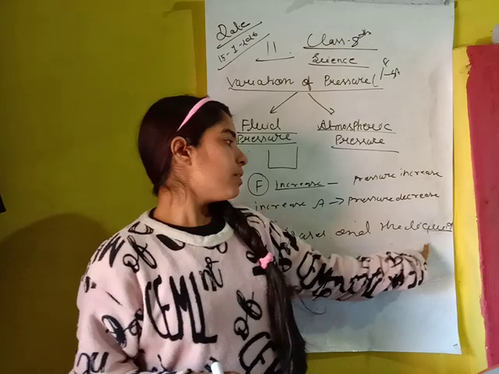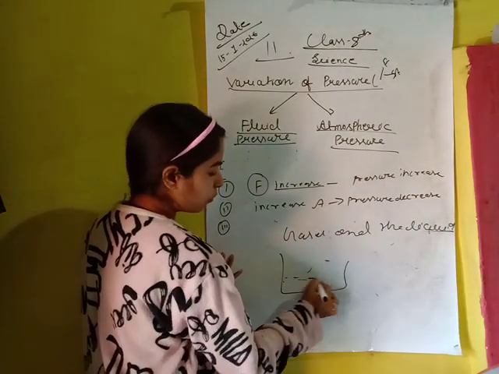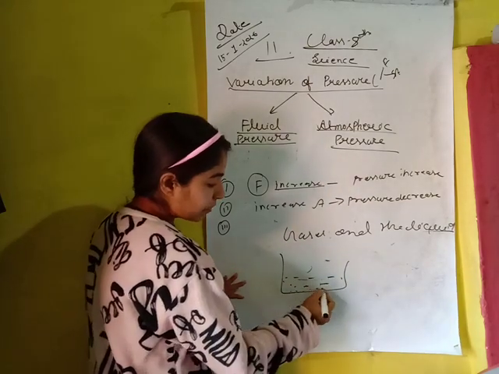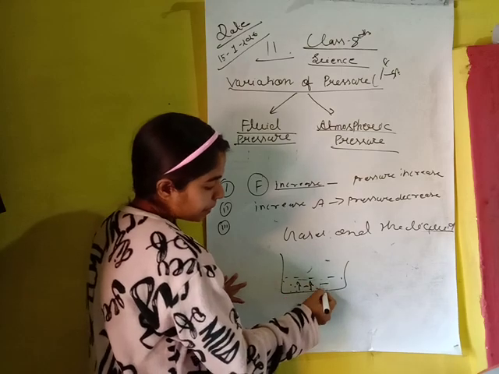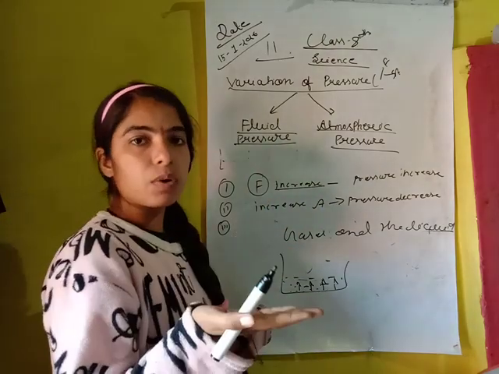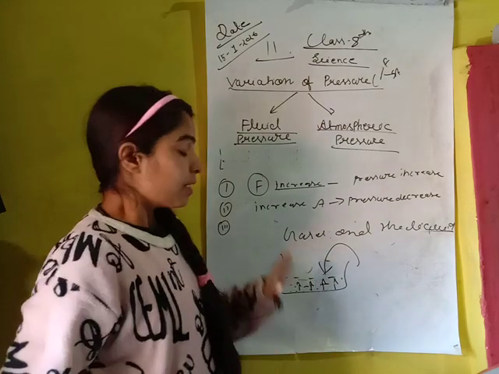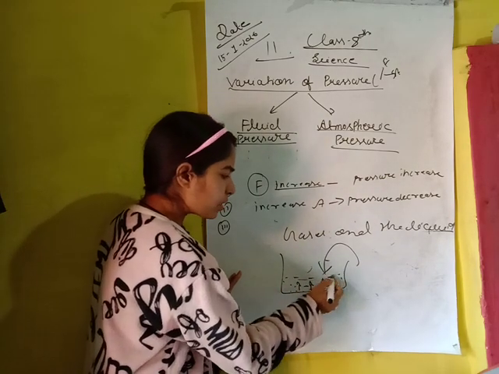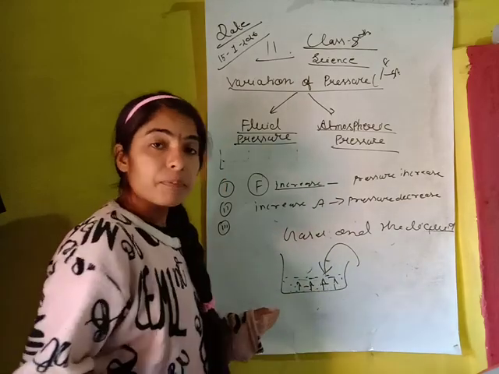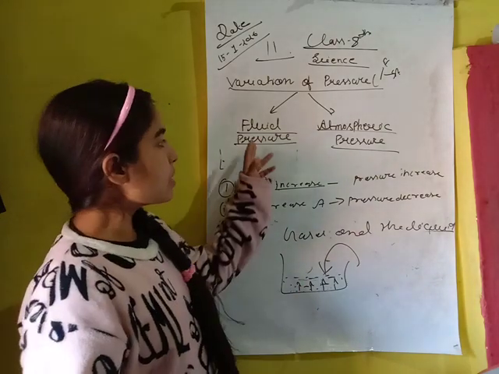Similarly, if anything is immersed in water, the particles of the water inside the surface exert pressure and push back, or push upward, on any object immersed in it. Understand? So when an object is immersed in the water, what will happen? The particles of the water will push it upward because of the fluid pressure. Okay, so this is fluid pressure.